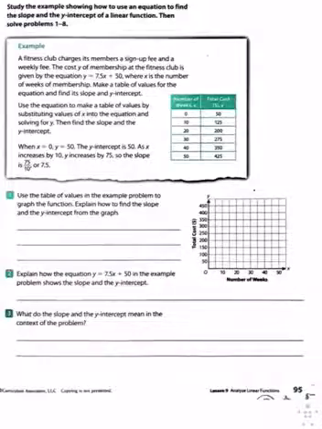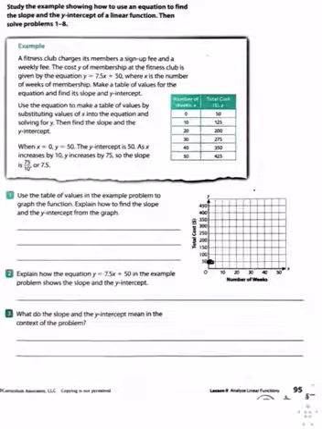Problem number 1. Use the table of values in the example problem to graph the function. Explain how to find the slope and y-intercept from the graph. So we're first going to plot 0 and 50. So 0 and 50, 10 and